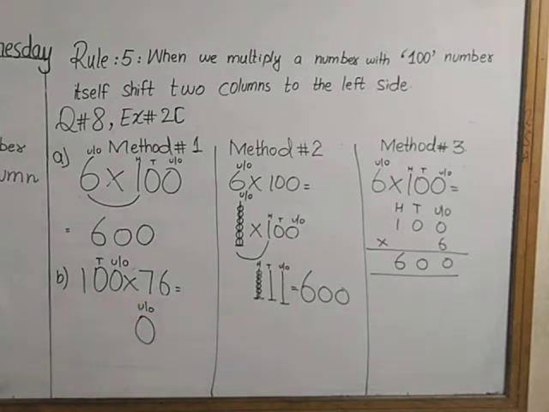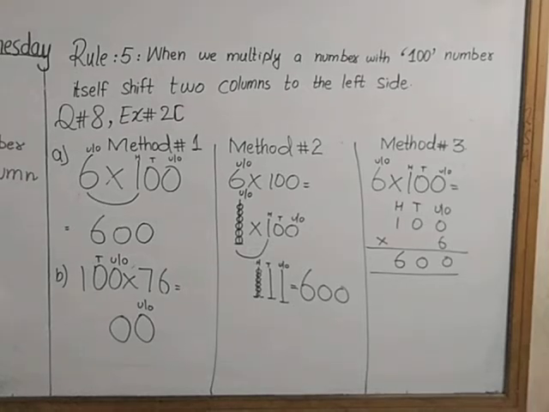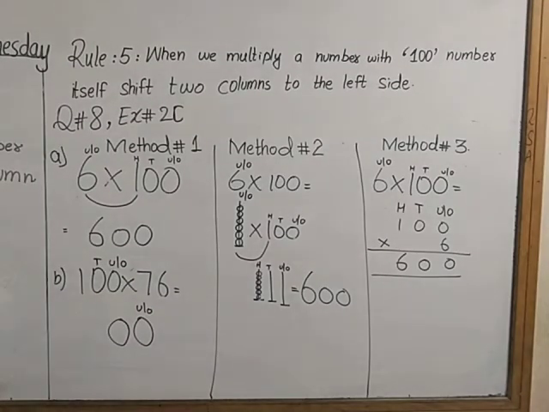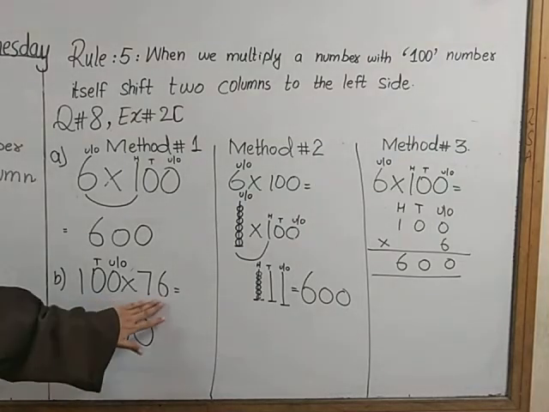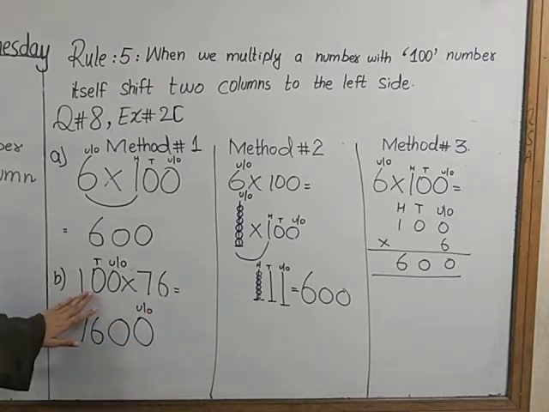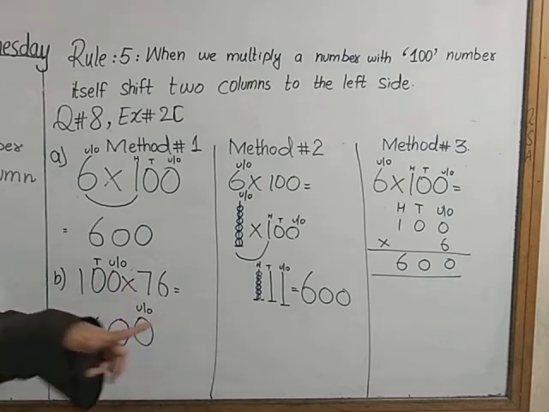0 multiplied by 76 is equal to 0. Good. 1 multiplied by 76 is equal to, Amna, you tell me what is the result of 1 multiplied by 76? 76. How simple is it? Just multiply the numbers according to the place values. Unit or ones multiplied by 76 is equal to 0. Tens multiplied by the number, which is 0. 0 multiplied by 76 is equal to 0. 1 multiplied by 76 is equal to 76.